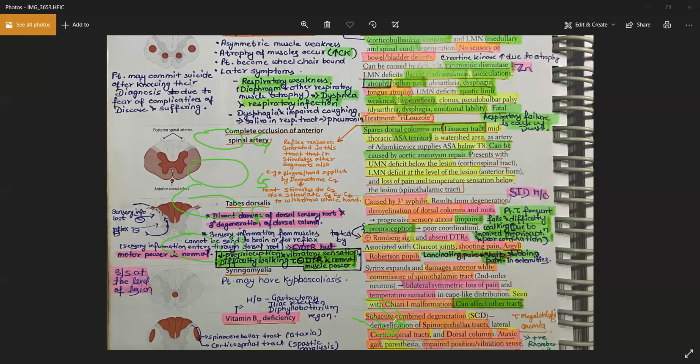Now, what happens when the C7 fibers reach here? Along with synapsing at that part, they also synapse in C6, C5, and C4. And you know that all these fibers also form the arc for my muscles for the reflex, right? Yes. Okay, now what happens? So these fibers are supplying all the muscles, all the motor neurons from my C7, C6, C5, and C4. So in a scenario